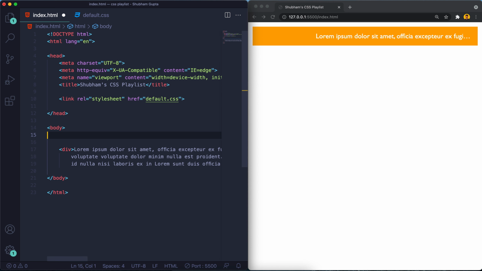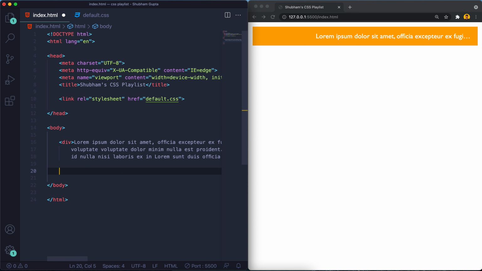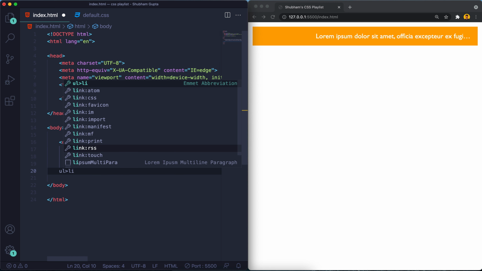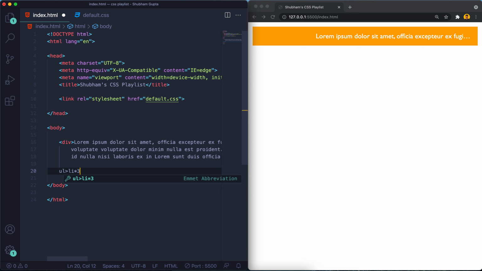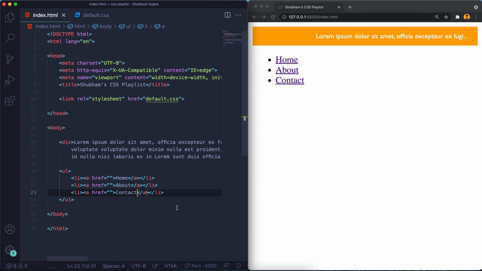So let's just have a list, ul, and under this li, like three of them, this way, with a href equal to nothing, and in that we can have home, about, and contact. This is the basic thing you must have seen somewhere. So here are these things.